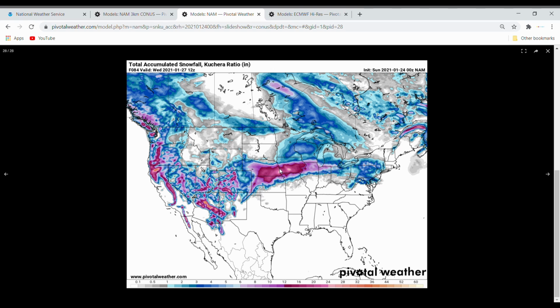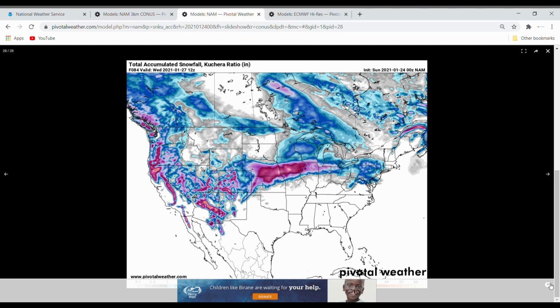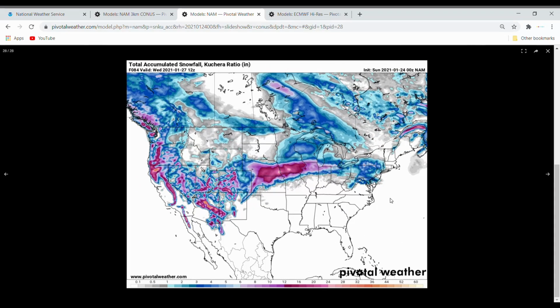Probably not Kansas, more Iowa, Nebraska, but it's still possible, especially if the back end lingers. You usually get a little bit of banding on the back end. So if you're in this maroon area, definitely be prepared for up to 30 inches of snowfall.